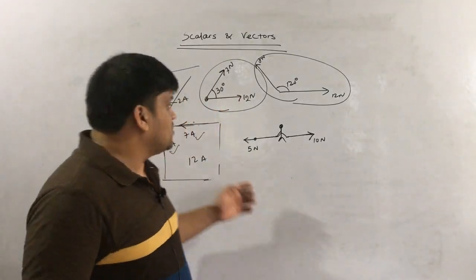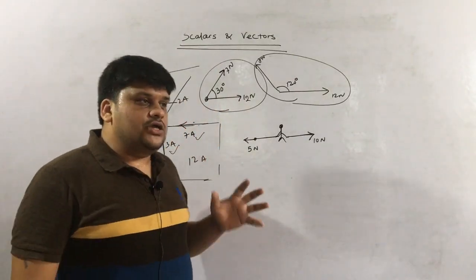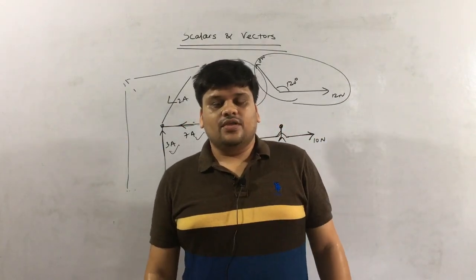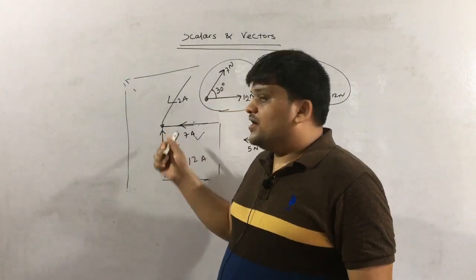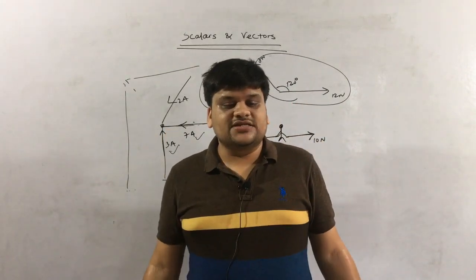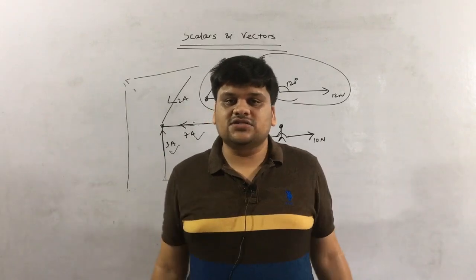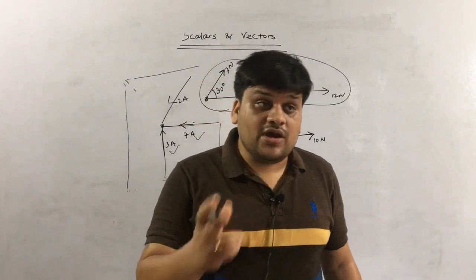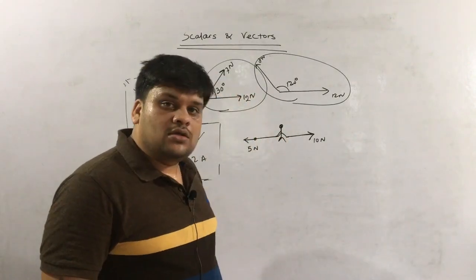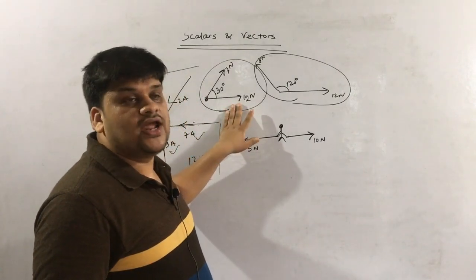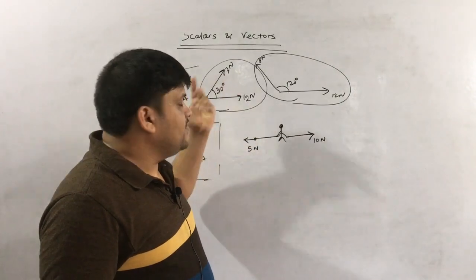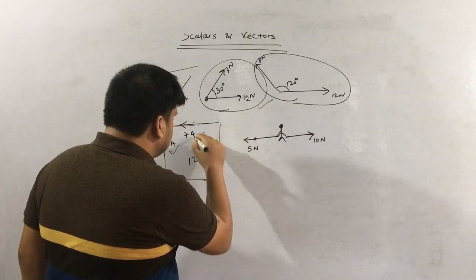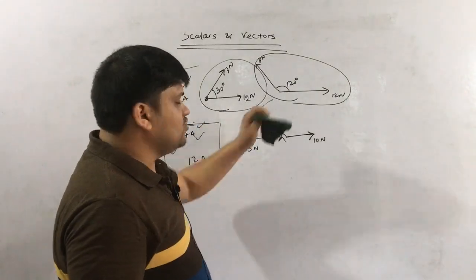But when you are dealing with current, you don't have to concentrate on the direction from which current is coming. And when you are adding current, you don't need different rules. Simply add them: 12 plus 3 plus 7 plus 2. Finished. 12 ampere. But when you are adding forces, you cannot do that. Here the force is not 19 Newton; it will be a different answer. Is it clear? That is why force is a vector and current is a scalar.